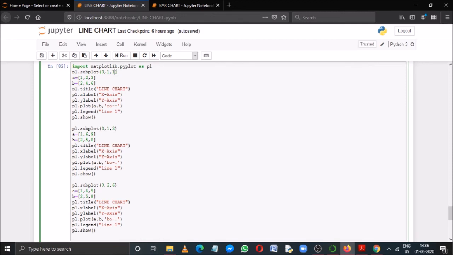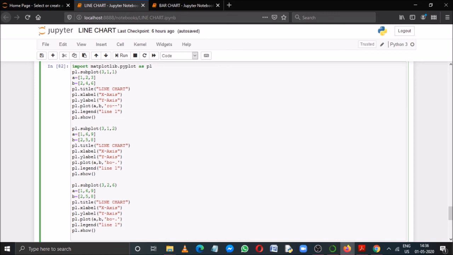that means the first index. There I am plotting this chart where the value of A is 1, 2, 3 and the value of B is 2, 4, 6, and I am using these as my X and Y coordinates. In the line style I have used R, that means red color, and then O means the marker type is circles, and then dash dash, that means the line style.